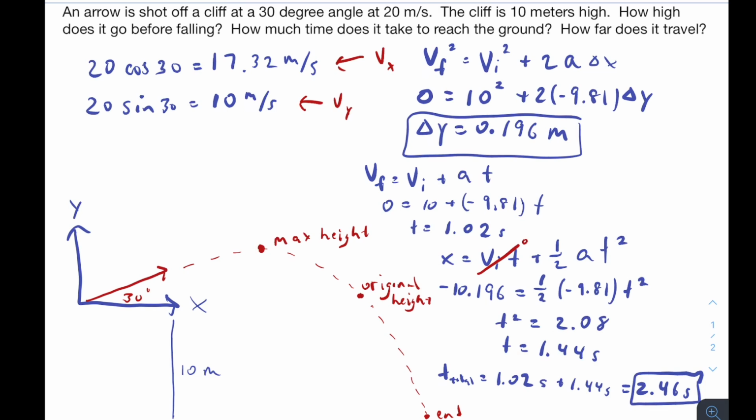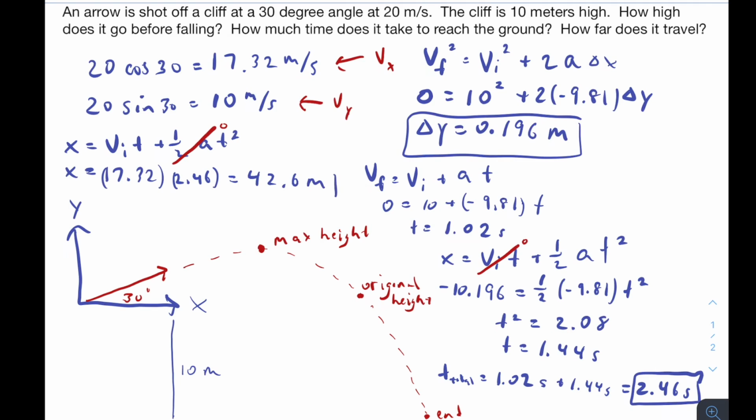Knowing the total travel time, we're then able to determine how far the arrow travels. This can be done using the following kinematics formula. However, since you can neglect air resistance, acceleration in the x direction is 0. We can then determine the total horizontal displacement by multiplying the initial velocity in the horizontal direction by the total travel time. This gives us a final answer of 42.6 meters,